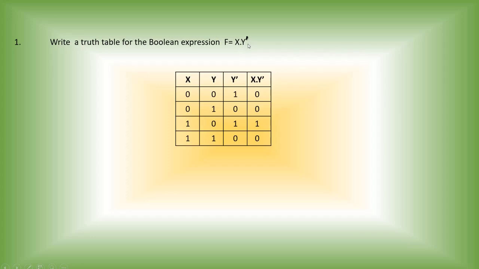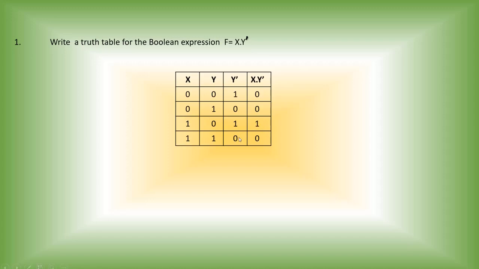And the next operation, x and y complement. Already you found y complement here. We have x here. This is the x value and this is the y value. You have to find x and y complement. How much is the x value? 0. Take the value from the corresponding row. Don't change the row. So x is 0 and y complement is 1. So 0 into 1, 0 and 1 is 0. Same way 0 and 0 is again 0, which we studied in the last class. 1 and 1 is 1.